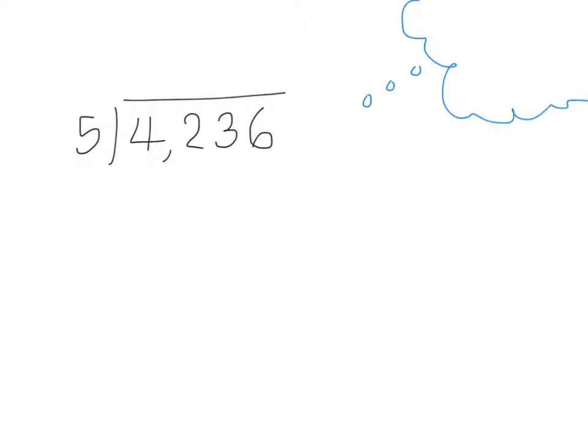Now let's take a look at this problem. 4,236 divided by 5. Our dividend, of course, is 4,236, and our divisor is 5. We need to figure out where I should place the first digit of my quotient. All right, so in our head, we can think, what number is pretty close to 4,236 that's easily divisible by